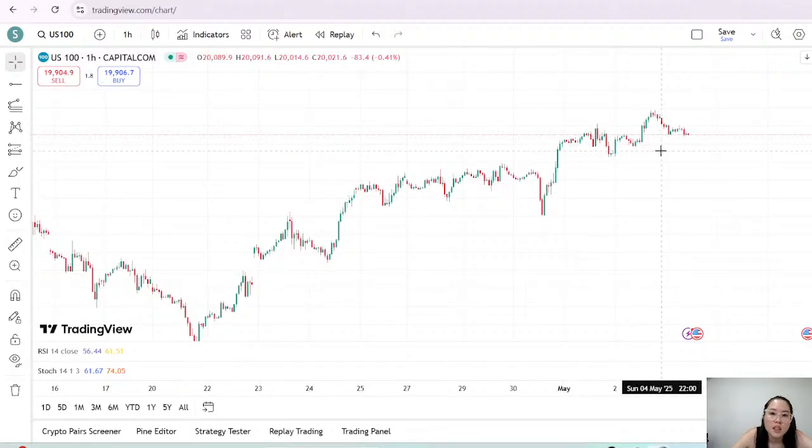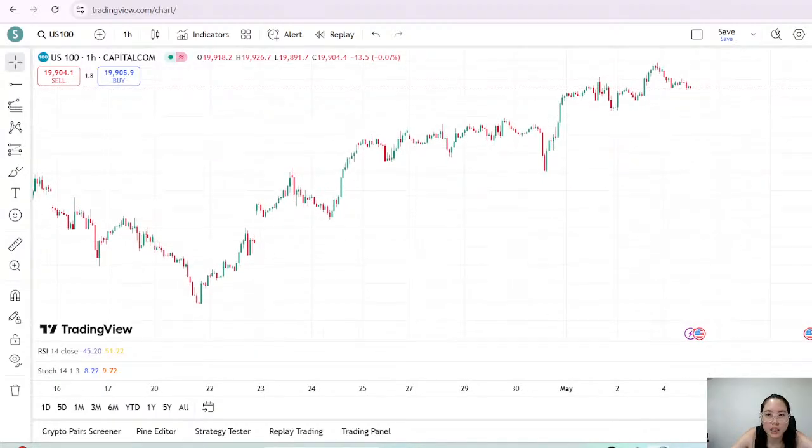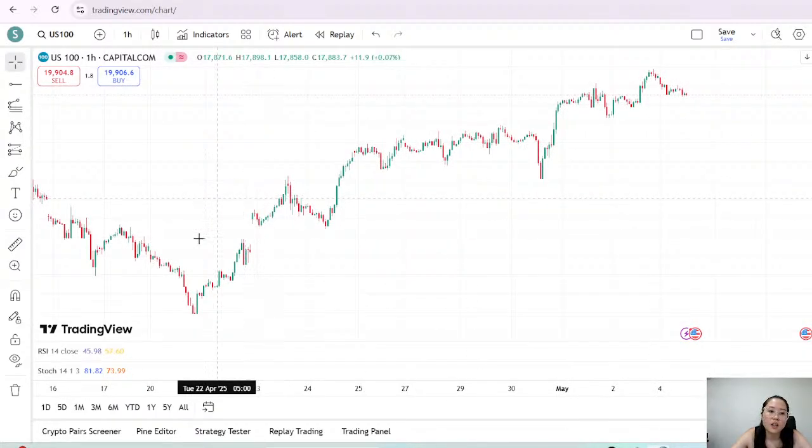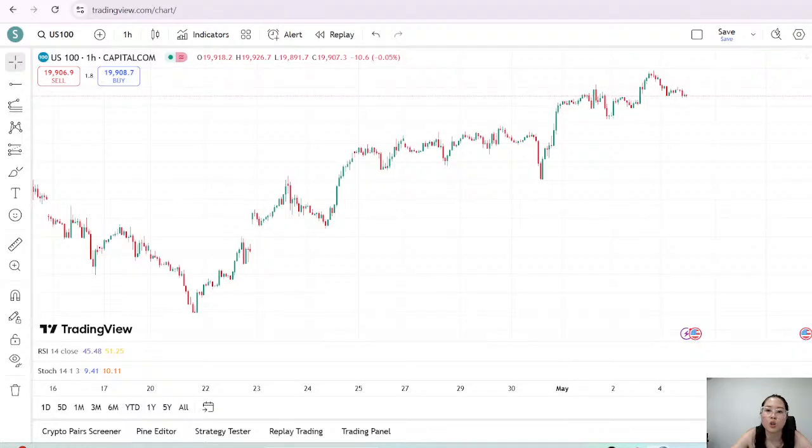That's US 500. The problem with index is that it is also affected by news. I mean, all charts are affected by news, but there are some charts that are very affected by news, and I would say index is one of them. So with index you also want to do fundamental analysis rather than just technical analysis. But let's just look at it from a technical point of view, and then you can go look at it from a fundamental point of view on your own.